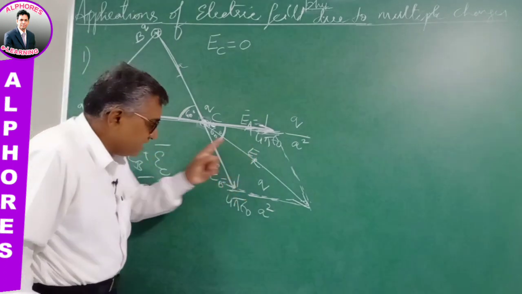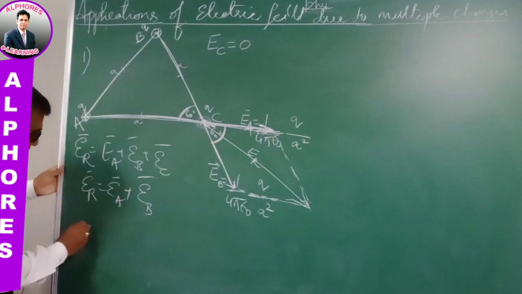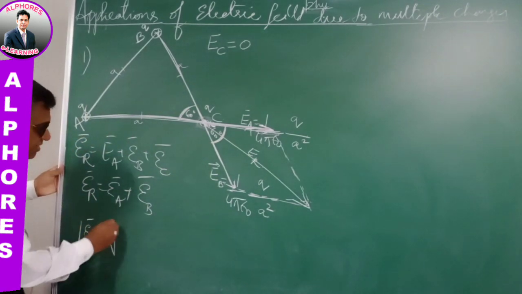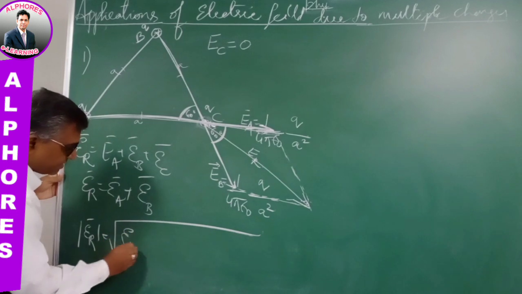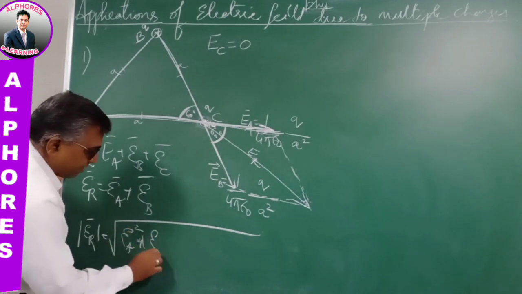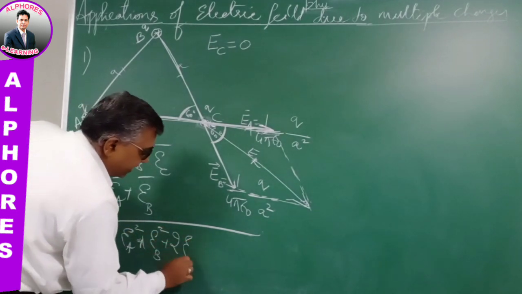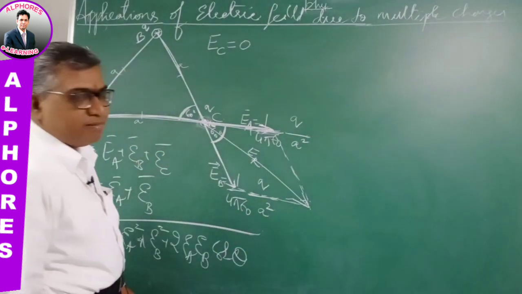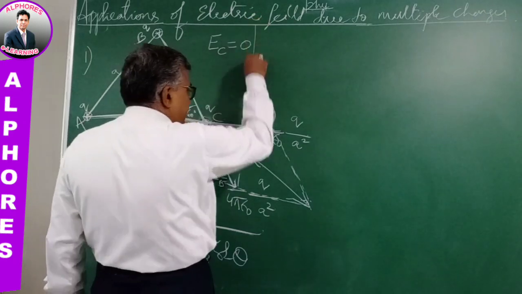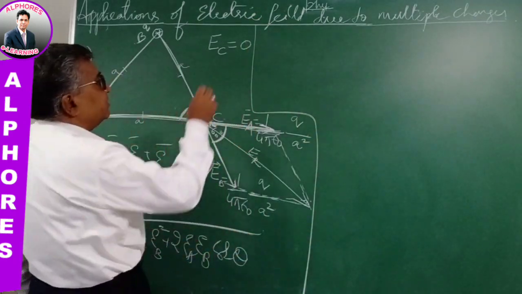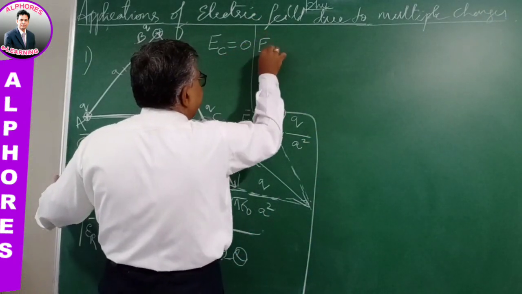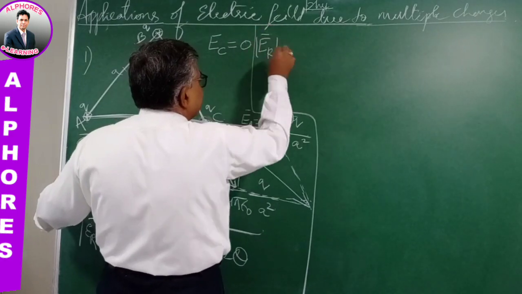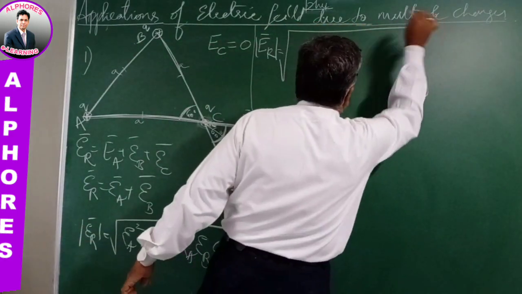So therefore, the magnitude of the resultant electric field is the square root of EA squared plus EB squared plus 2 EA EB cos theta, where theta is the angle between the vectors. Substituting the values here, the magnitude of the resultant is the square root of